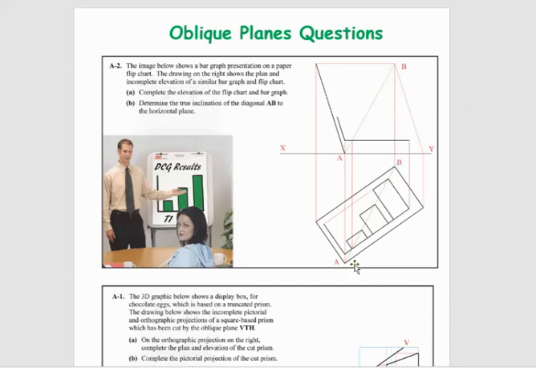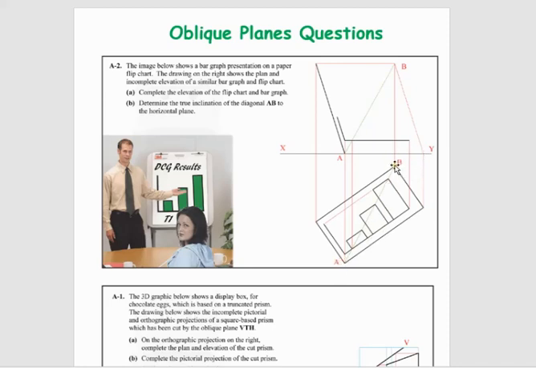Now also in this question, the second part there is determine the true inclination of the line from B to A, so this diagonal line. So what we have to think of is in here we're looking at this from an angle. So if we imagine B is the top of a cone and this here was a line on the side of the cone all the way down to the base of the cone, the easiest method to find the true angle here is